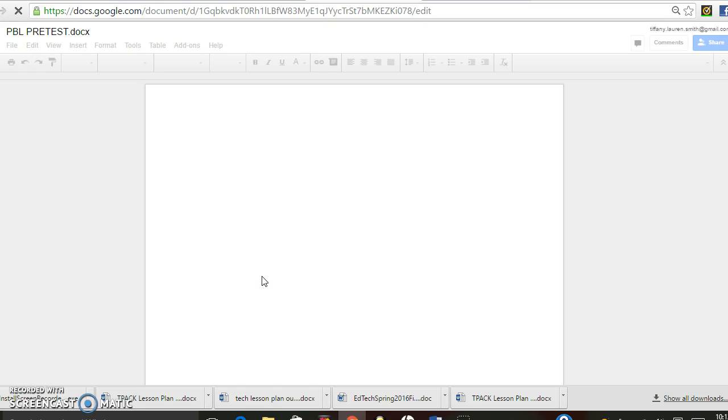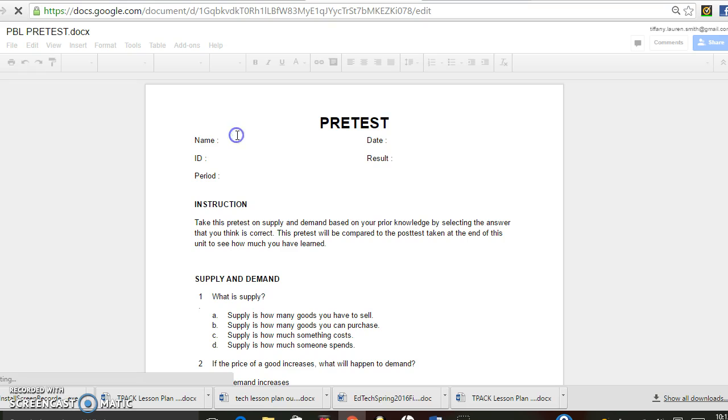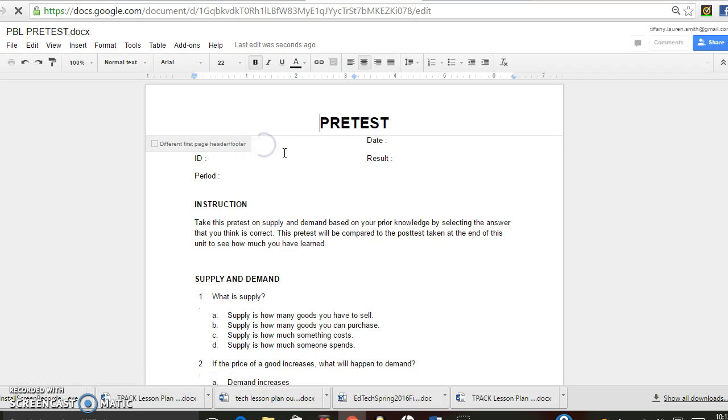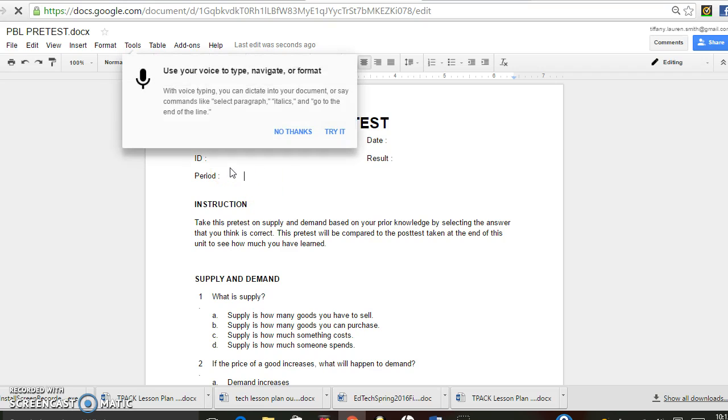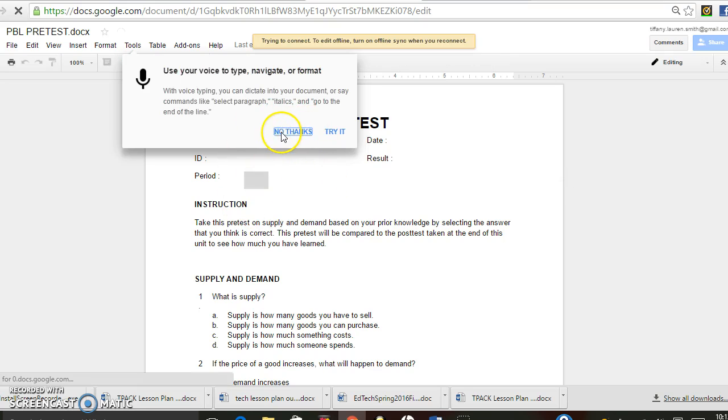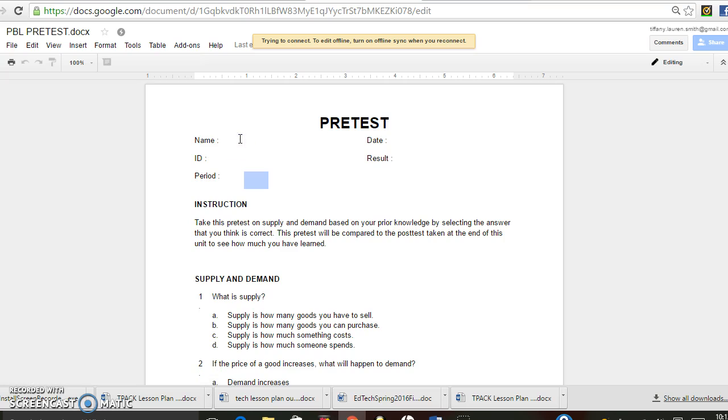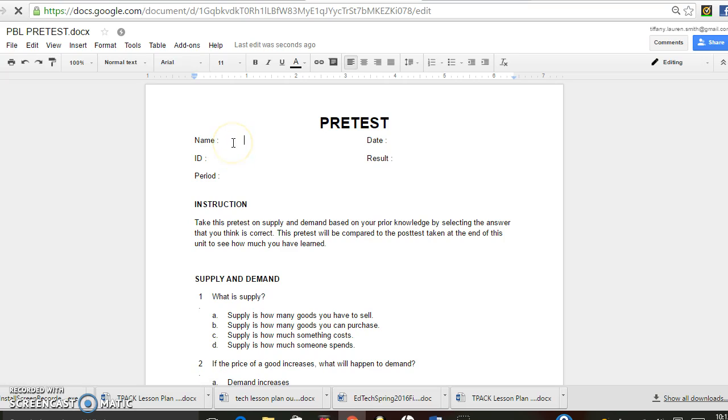And once it loads, I can edit it. Or I should be able to edit it once it loads. So I can edit it. So let me get past the header footer. Well, if it's going to load, no thanks. Okay, so now I can type in